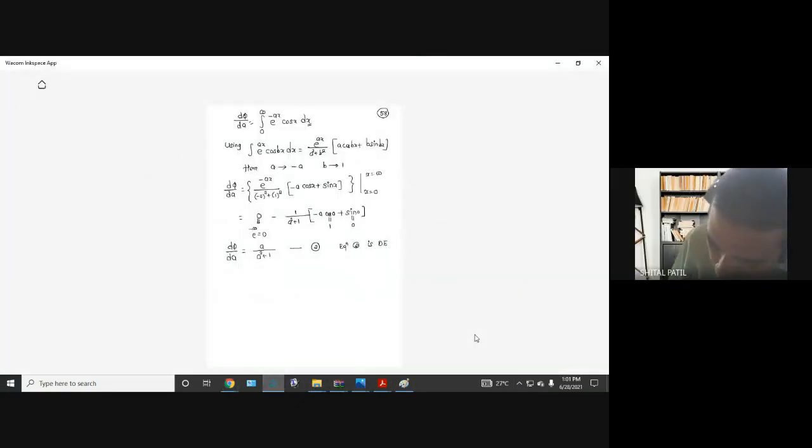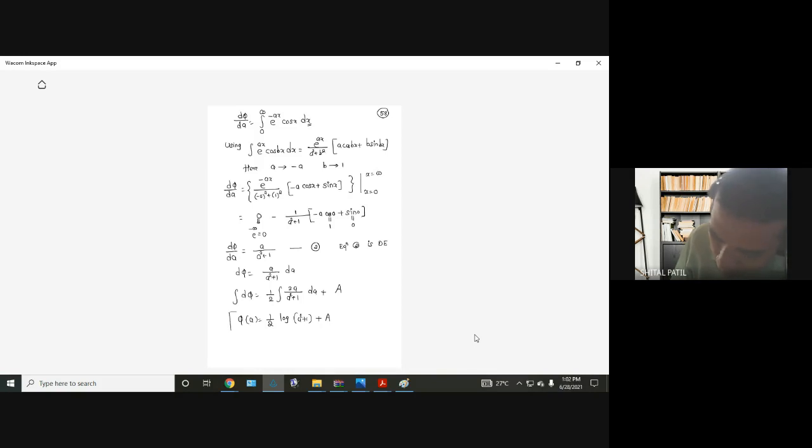So now I'll solve the differential equation like this. dφ equal to a divided by a square plus 1 dA. Variables are separated. Now let me integrate. So I have to make a small adjustment, then I have to add a constant. Now the derivative of the denominator a square plus 1 is 2a, so I write 2 here and I will write 1/2. So the adjustment I have done. So φ of a equal to half log of a square plus 1, right, and then constant.